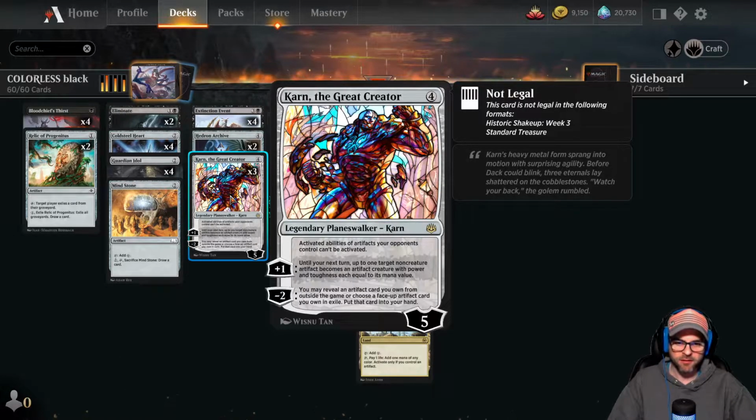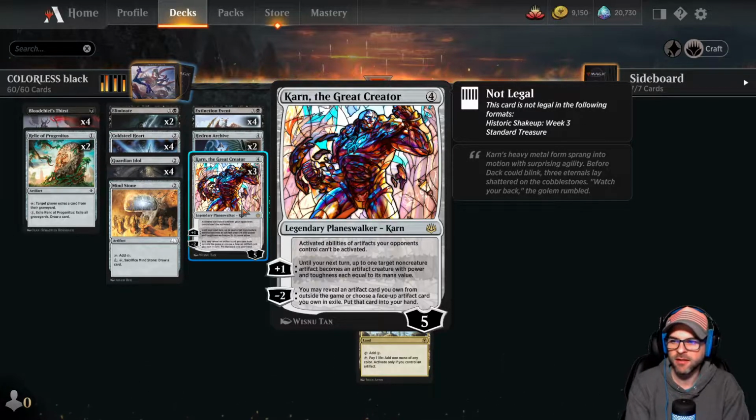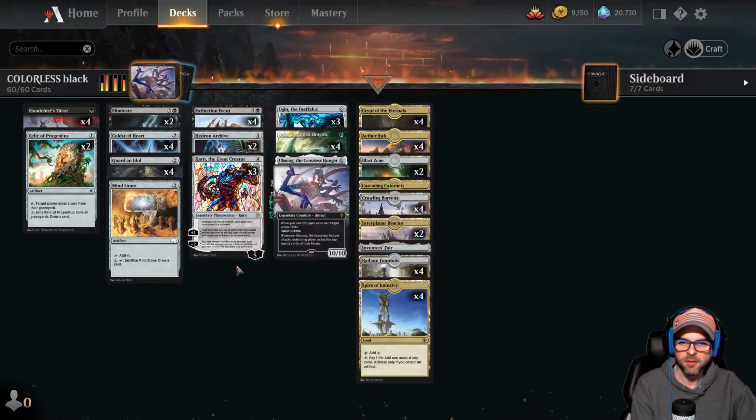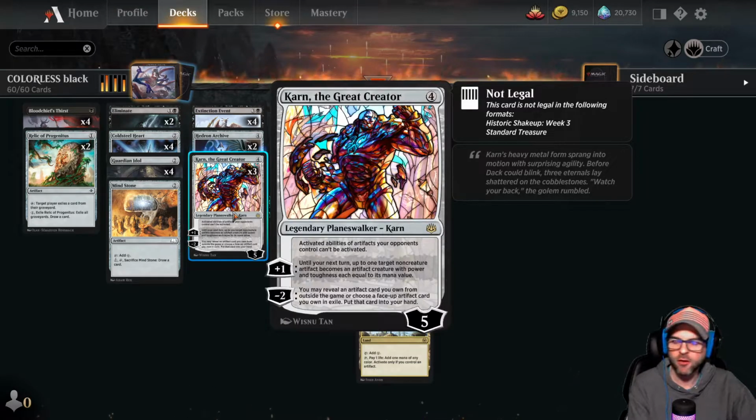And then beyond the tutoring toolbox ability, you can of course +1 and turn one of your non-creature artifacts into an animated creature artifact based on its casting cost, which actually can become very relevant a lot of times. Surprisingly, in this deck, sometimes you can finish people off by just animating an archive or another large artifact that